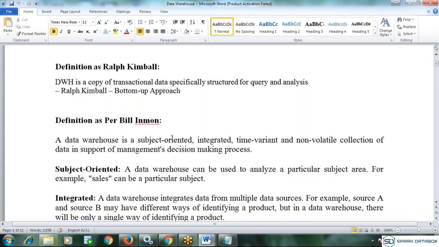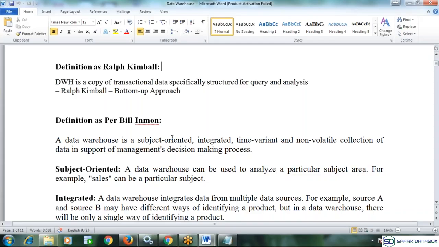Ralph Kimball is the father of data warehousing, right? We follow that approach, where we create data marts first. First of all, they go with the small things, and then combine everything together, like a block game with small blocks. Finally, all the blocks are combined, and we see the data warehouse.